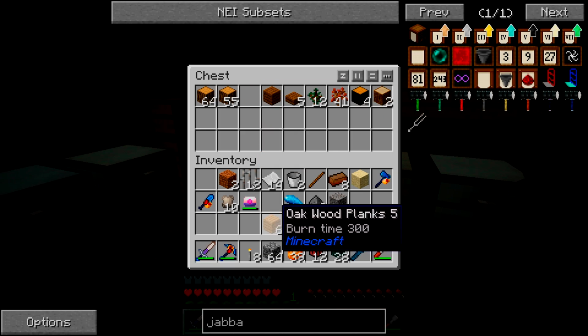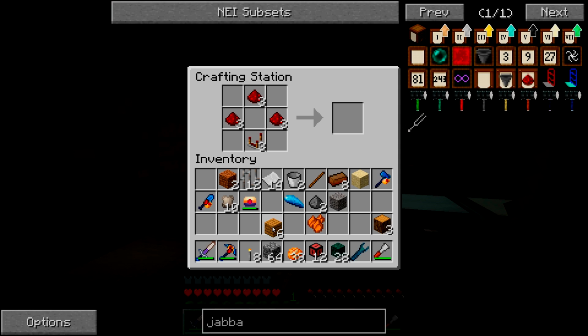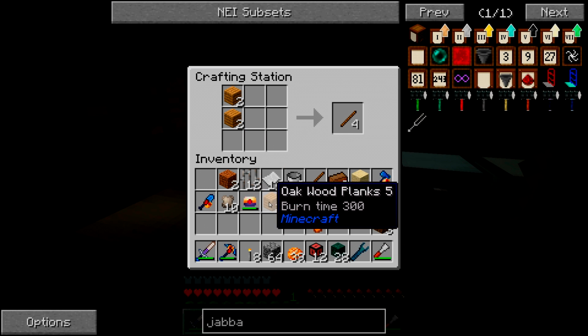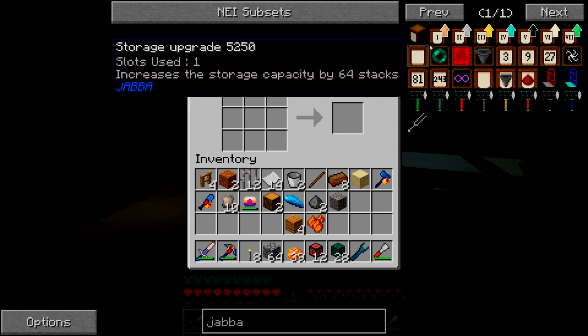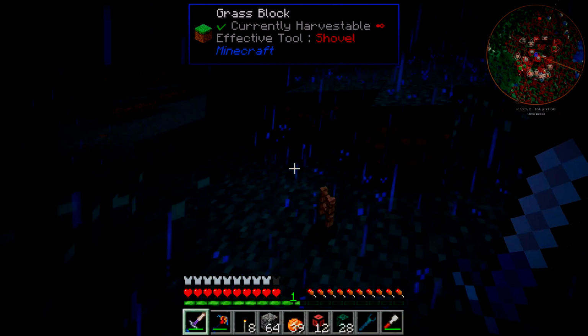So let's get some wood. Let's get some more wood. Let's go down here. Let's do this. Are those fences? Yes. And then it goes something like this. Except I need to pull these out and get some planks. And let's just double check. Okay, so the fences are in...